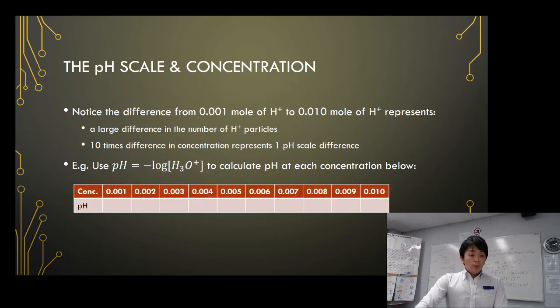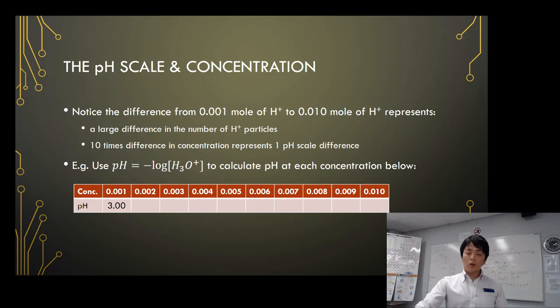How would you complete this? Well, you just have to again use the formula, negative log of the concentration of hydronium ion that's given, to find pH. You can pause the video and try doing that. We have already established that 0.001 concentration would give you a pH of 3. And on the other side of this table, you can find 0.010. So it's 10 times more